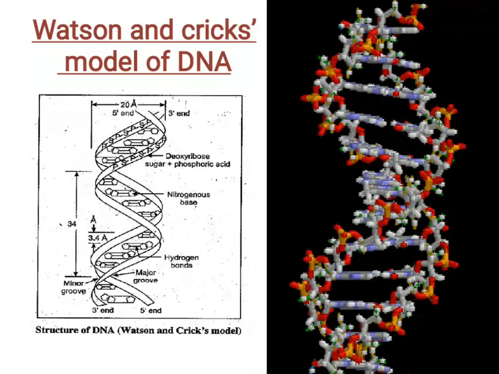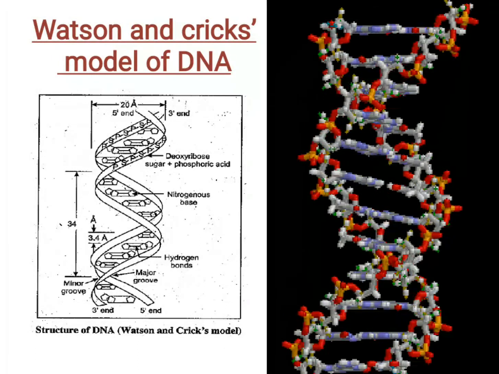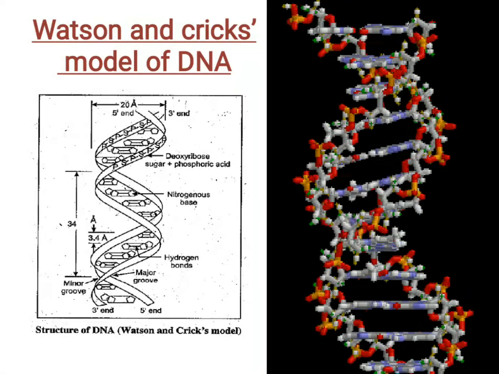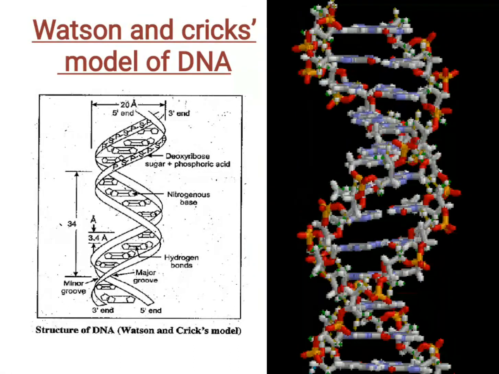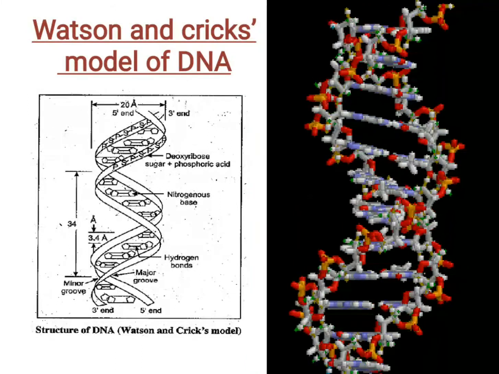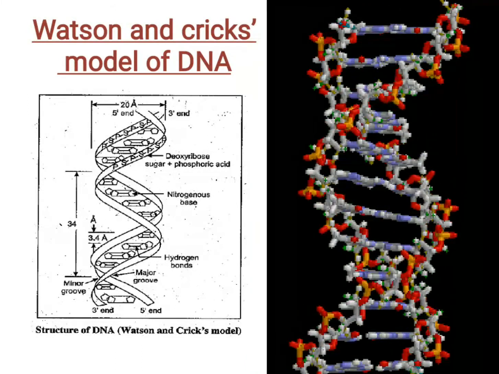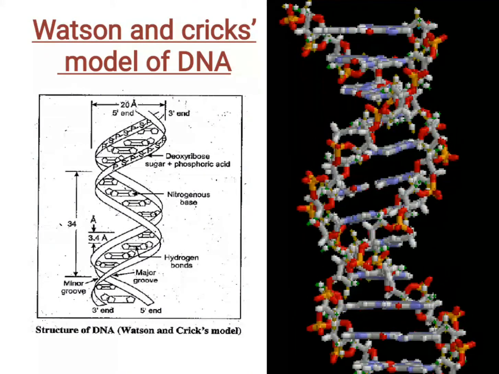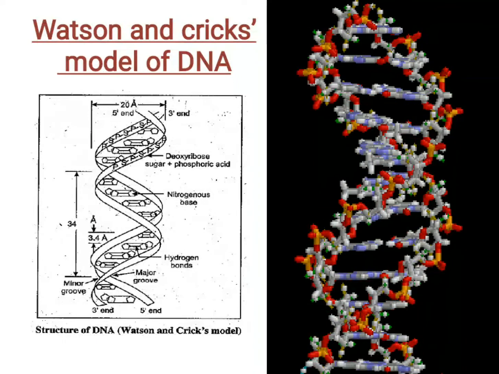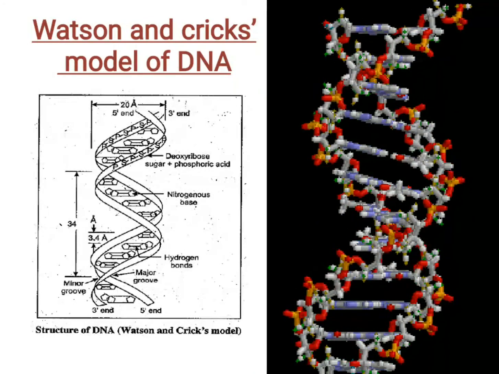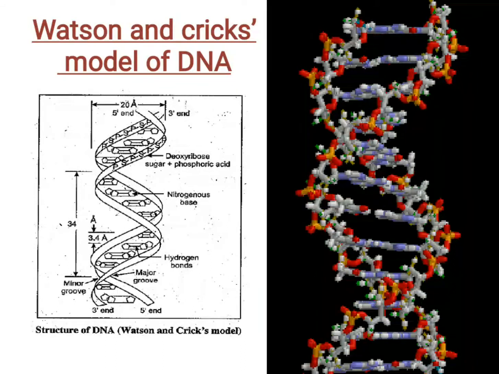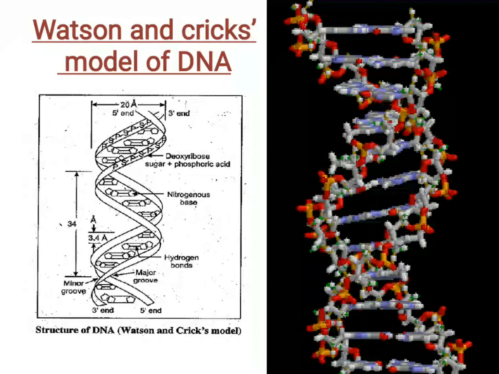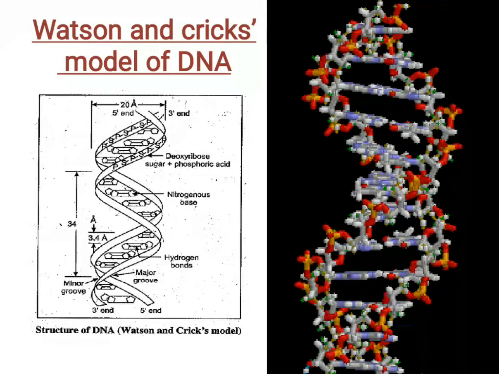Adenine forms two hydrogen bonds with thymine from the opposite strand and vice versa. Similarly, guanine is bonded with cytosine with three hydrogen bonds. As a result, always a purine comes opposite to a pyrimidine, thus generating approximately uniform distance between the two strands. Now, if the distance between the two strands' base pairs is almost the same, the two chains are coiled in a right-handed fashion. The pitch of the helix is about 3.4 nanometers.